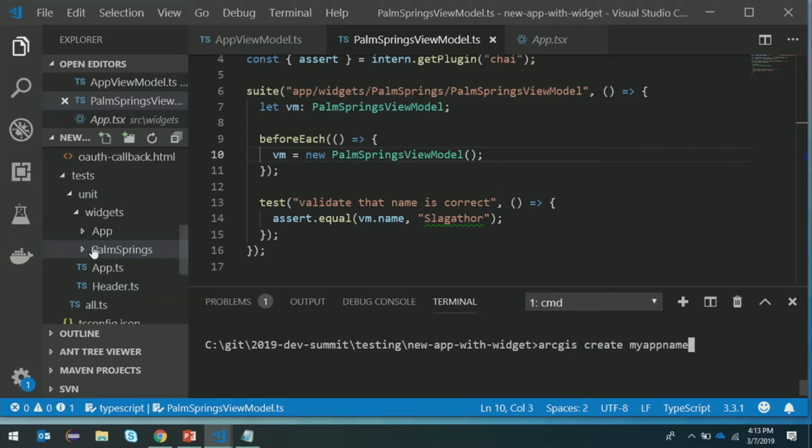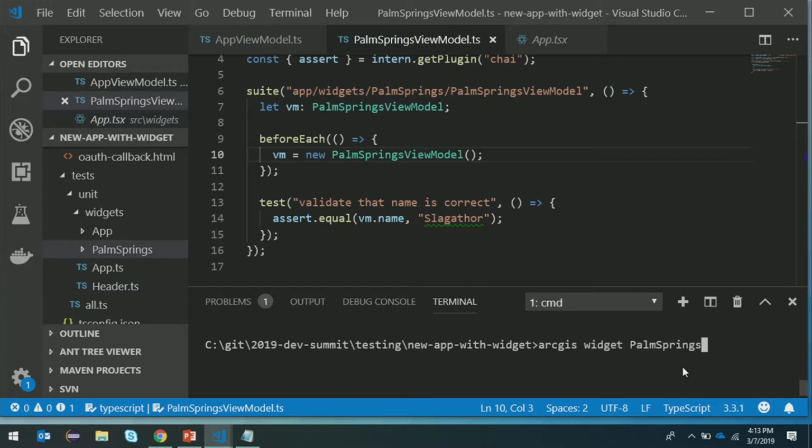That's going to have everything minus this Palm Springs widget here. Now, it takes some time, so I ran it beforehand. I know you guys like to see code on the screen, but you probably don't like to see a loading bar for 20 minutes. From there, we can add new widgets by going to ArcGIS widget, and then the name